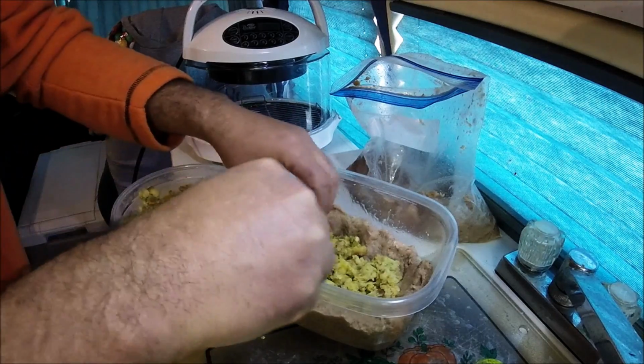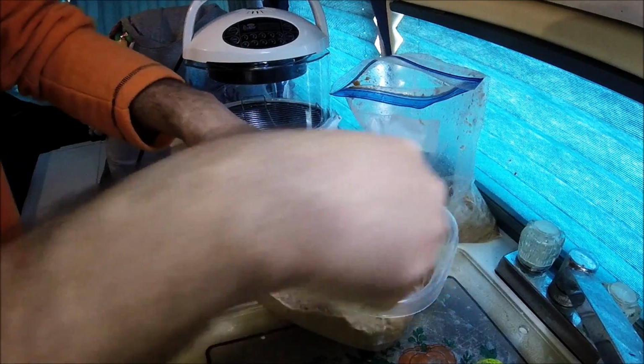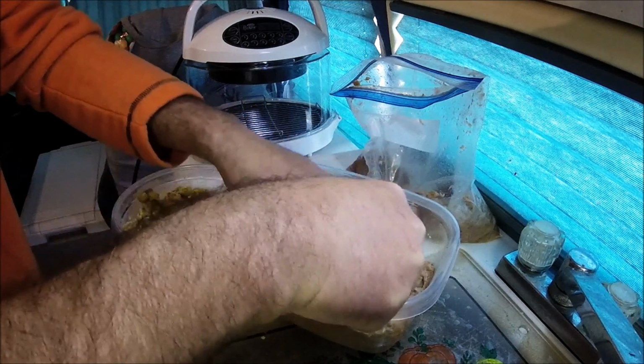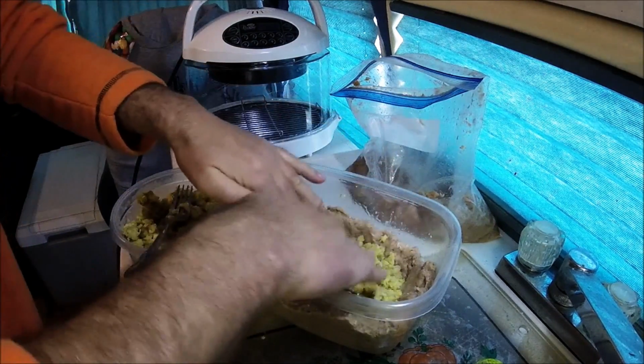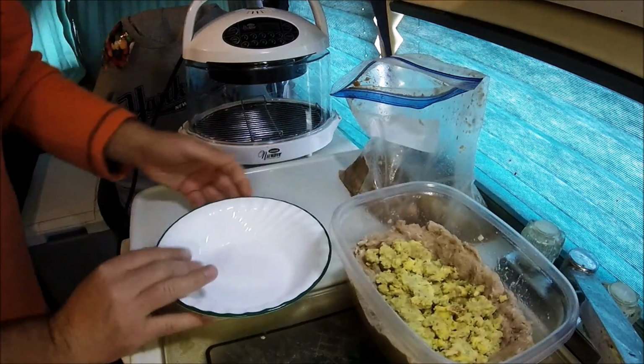So when I first was doing this, I thought I was going to do a bunch of layers, but I'm not sure that's going to work. So I'm just going to do like one layer. Might take an extra couple minutes, but good. Okay, so there's stuffing. I'll move that, get a bowl out,